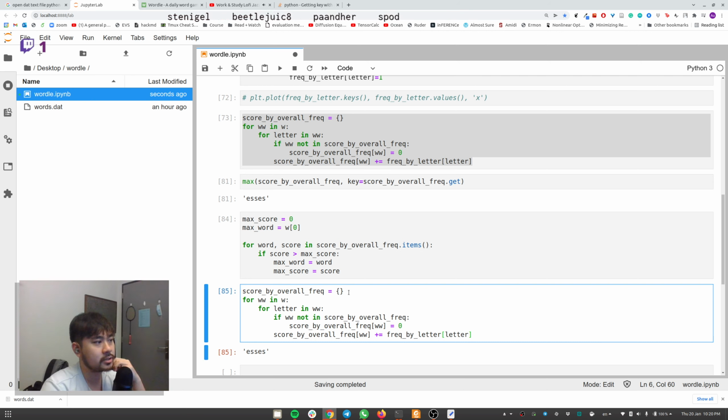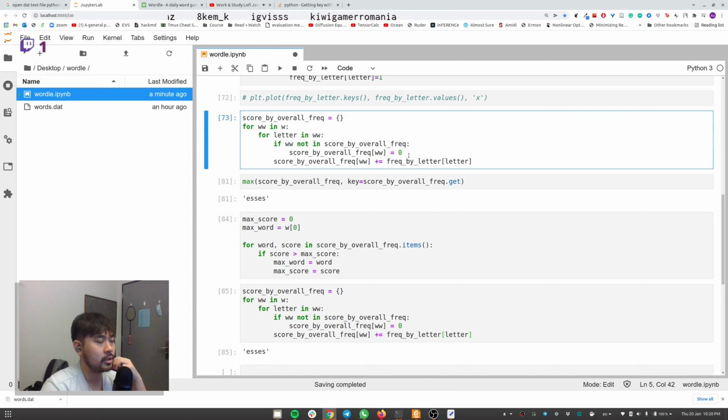So how about let's just call it such that if they repeat, you don't add the score. Okay, so if it's not in score, wait, for every letter, okay, so for the letter,